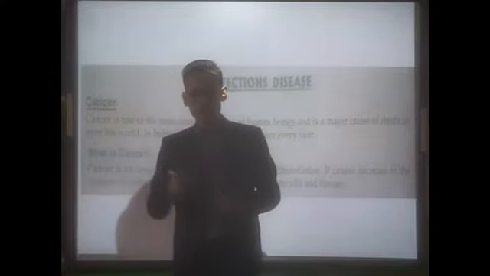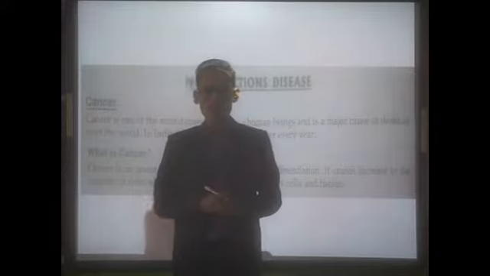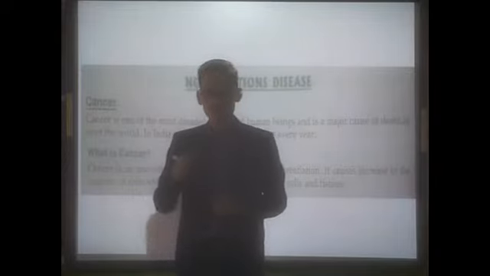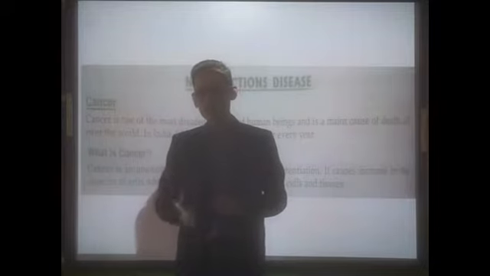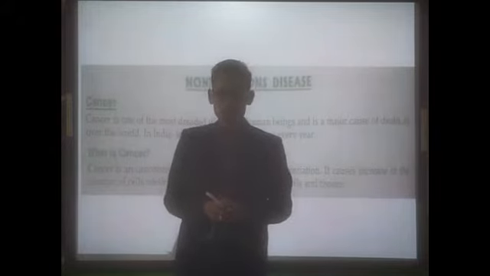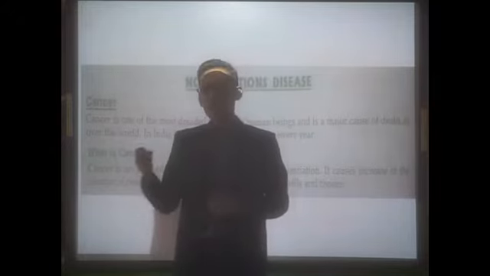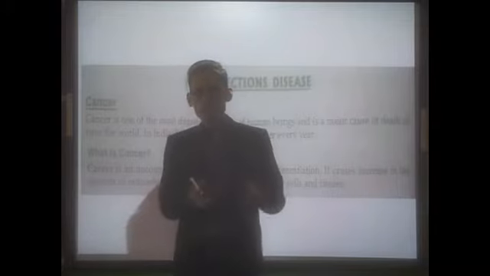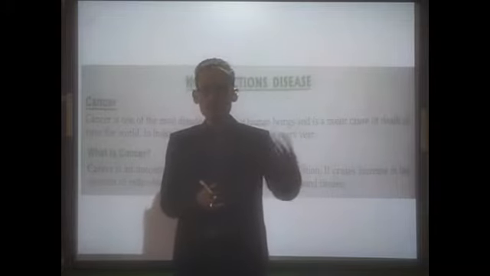conditions. So they have to fulfill all the criteria while moving from one phase to another phase of the cell cycle. Clear? If the cells are not able to fulfill the criteria or the conditions in each phase, then they are not allowed to move from one phase to another phase. But what happens in case of cancerous cells? What is the difference between these two cells, between the normal cells and the cancerous cells? And how does the normal cell turn into the cancerous cells?